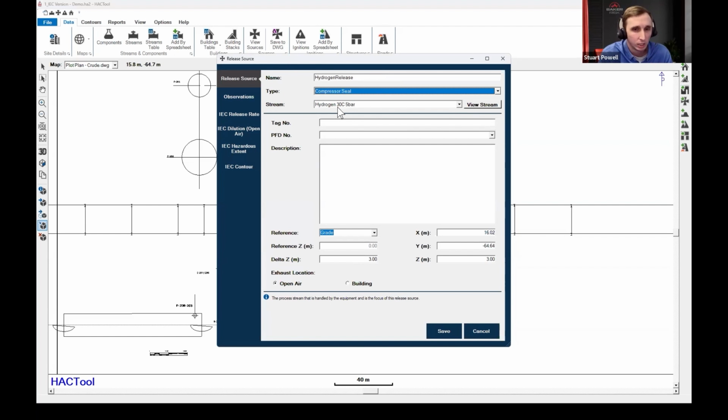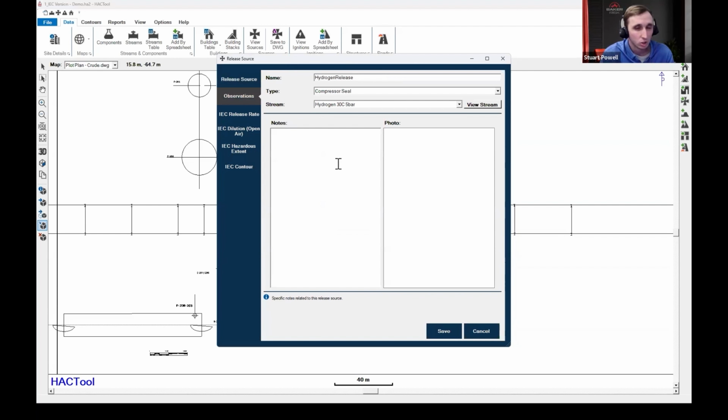And the stream that we're modeling is hydrogen at 30C and 5 bar. You can see initially that this looks very much the same as the previous version of the code that we looked at, the NFPA version, with your opportunities to add tag numbers, descriptions, PFDs, and elevation, observations such as notes